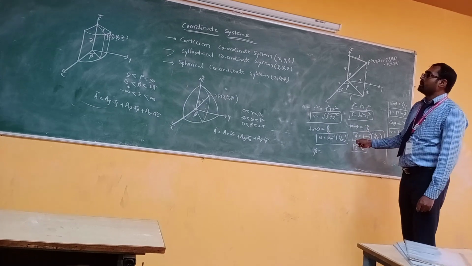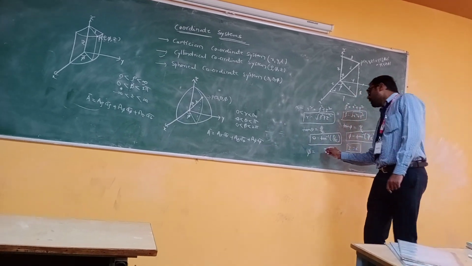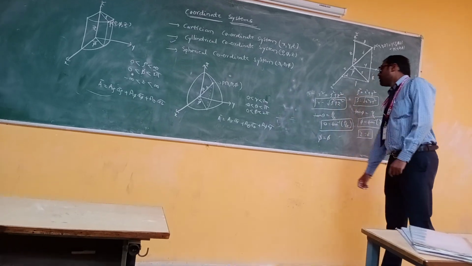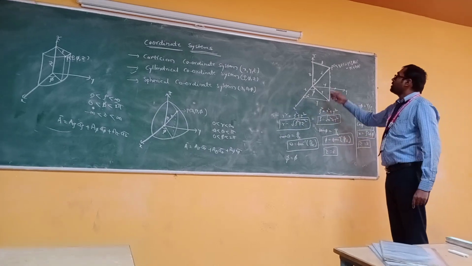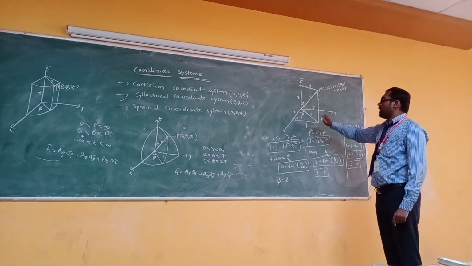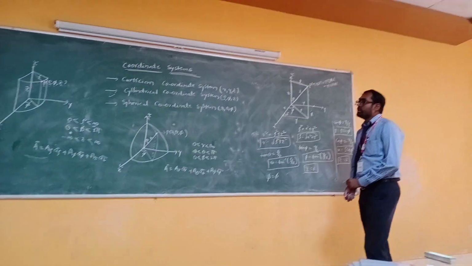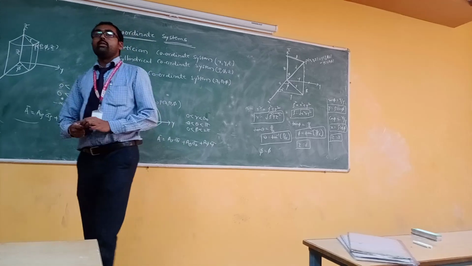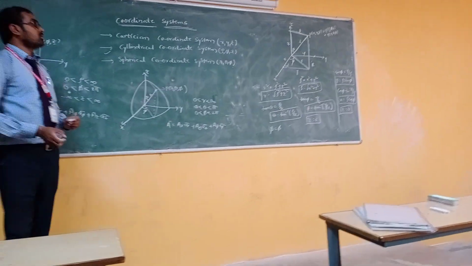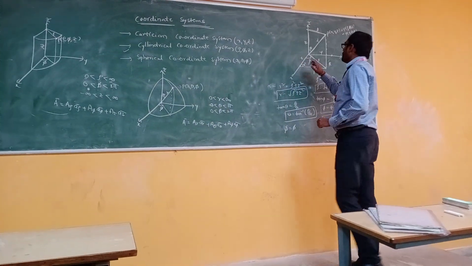In the cylindrical and spherical coordinate systems, the phi value is the same. That's why we write phi as phi. Now cylindrical coordinate system components and spherical coordinate system components are there. Based upon this, we can analyze the signals in various coordinate systems. Next, now